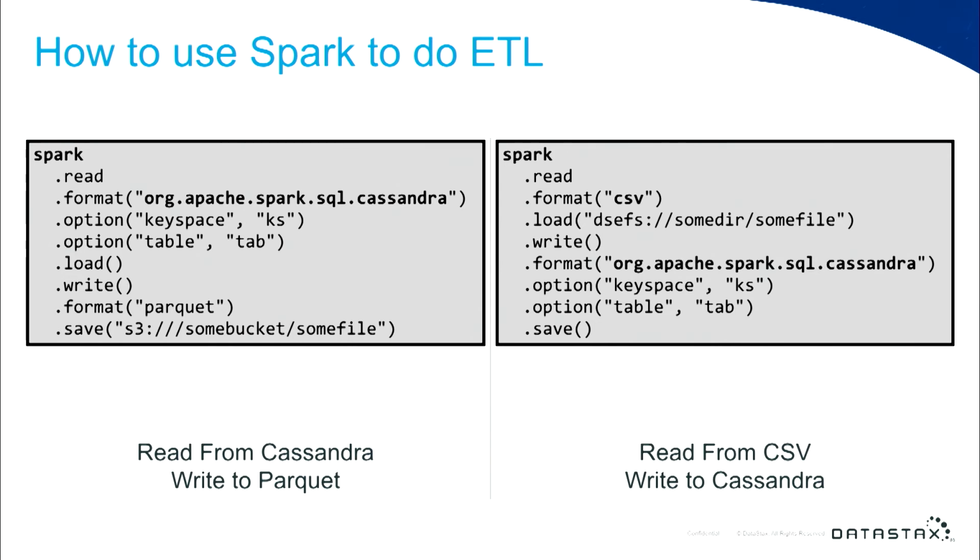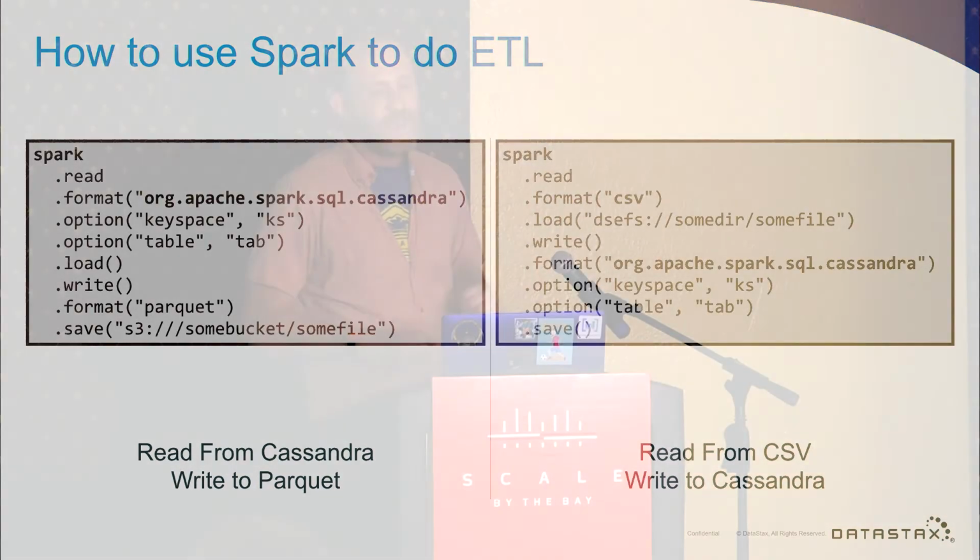We don't have to talk about the fact that, well, Cassandra's got data in a tabular format that uses specific Cassandra types, and Parquet obviously doesn't use those exact same types. It uses slightly different types, and it has a much different written format. Spark knows all of that for us, and this also will all work in a distributed context. All the readers will be distributed, all the writers will be distributed, so we didn't have to think about any of that. All we have to think about is where we're taking data from and where we're putting it to.